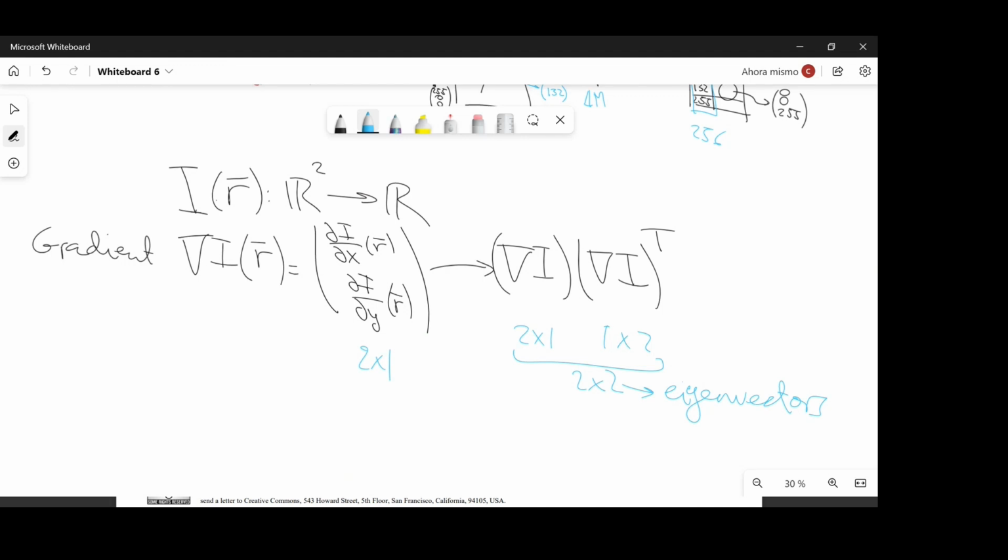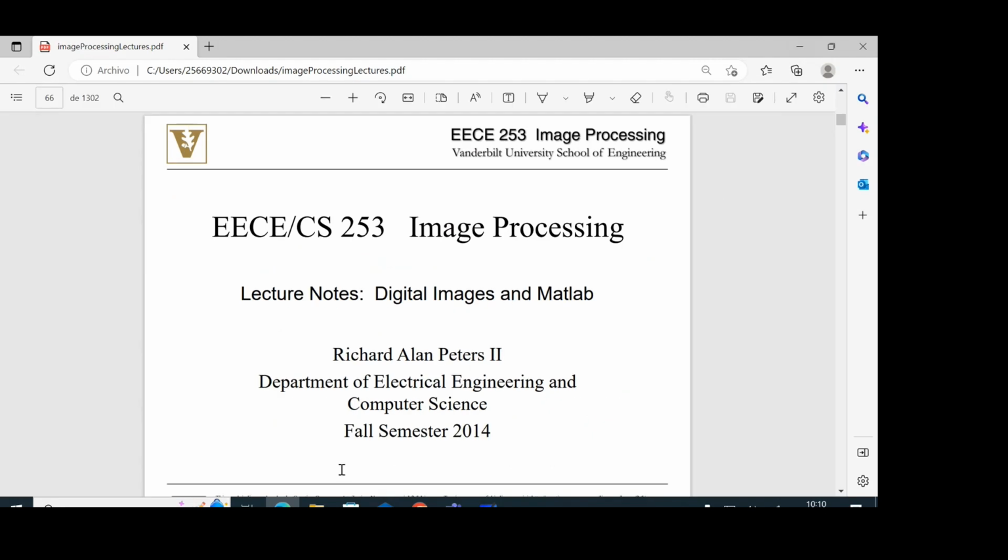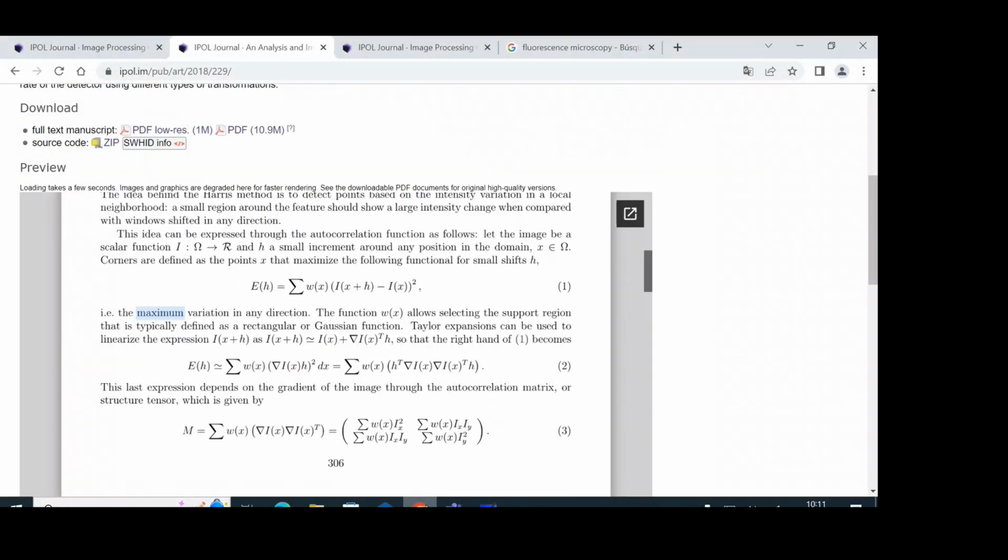So if you go to the description of the method, oh, sorry, it is here. You go to the description of the method. They don't even say what the gradient is. They assume that you know what the gradient is. But they give you, okay, I will construct this matrix. And this matrix has this form. And this Ix is a way to note the derivative of I with respect to x. So I have this matrix, and now they do something with that matrix, and that is how they call